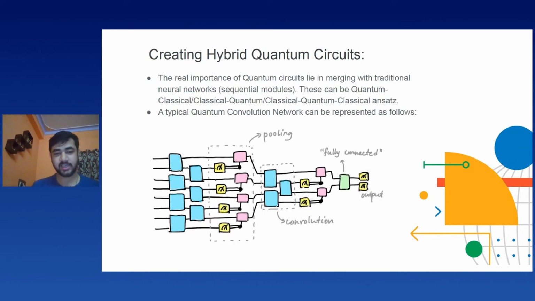Here you have classical layers and quantum layers combined together. There have to be certain restrictions, though. It is important to note that at the junction point of, let's say, a classical layer and a quantum layer, that particular junction point has to be very cleanly maintained. That means the outputs of that particular layer, so that layer can be anything.